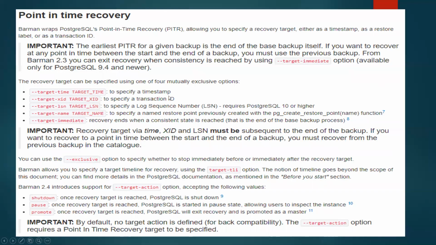Point in time recovery, as I mentioned earlier, you can use point in time recovery. And I see this as really cool because the features added here are really nice. We are also going to test how we can perform a point in time recovery using Barman. And here you can specify the target time, the target SID, LSN, target name, and you can also specify